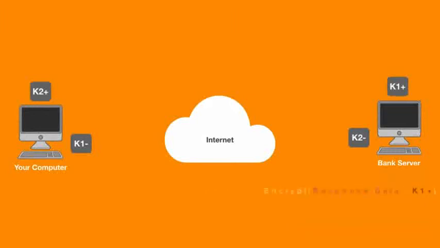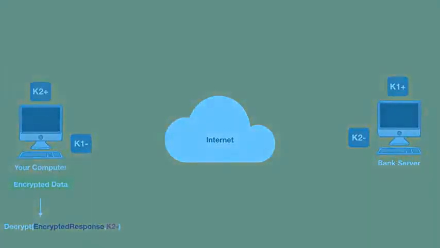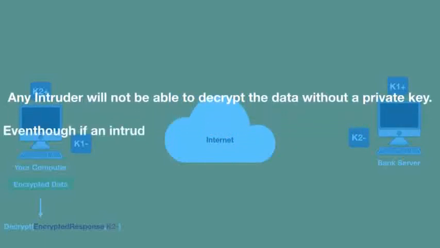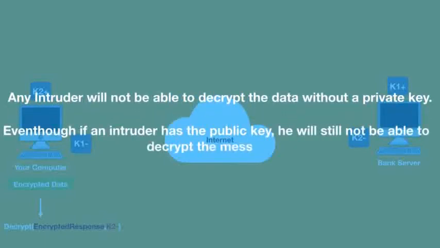But before sending it, it encrypts the data with our public key. Once we receive the data, we simply decrypt it with our private key. So all the information exchanged between us and the bank server is encrypted and decrypted in the same way. In this way, any intruder who is trying to capture our packets and steal our information will have absolutely no idea what is going on.